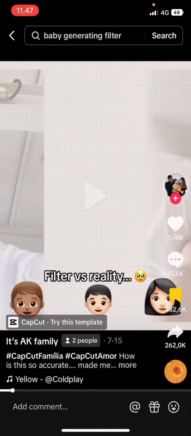In this video I will be showing you guys how you can use this baby filter to find out what your future kid might look like with your partner. It's a very fun filter to try. So just search up